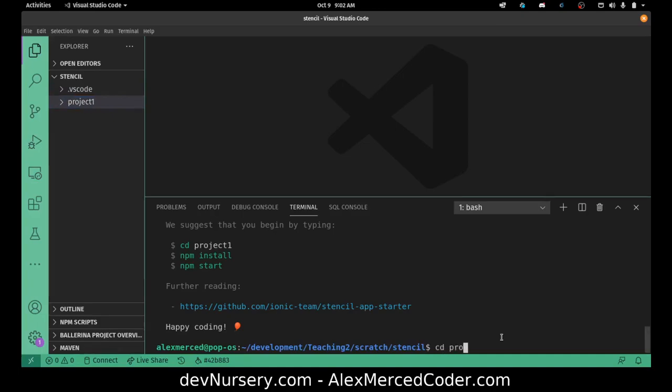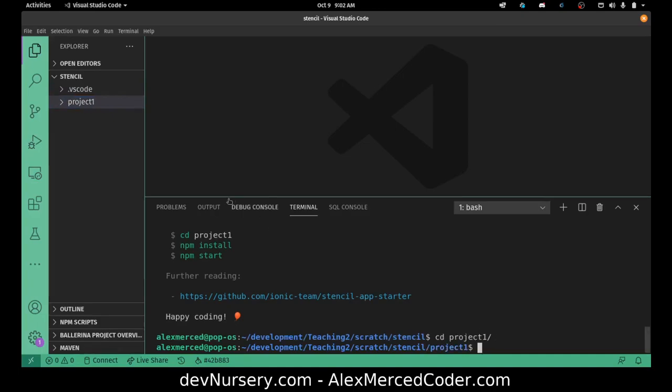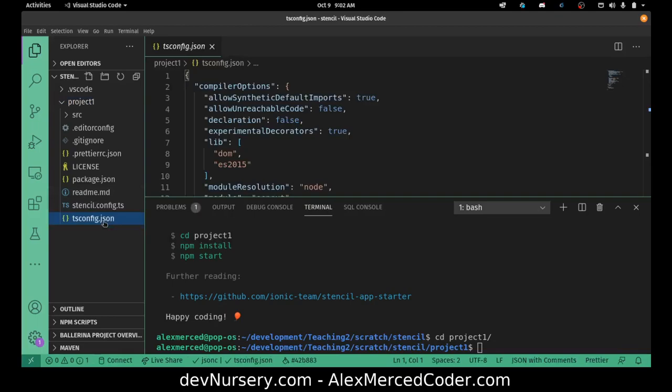So let's cd into project 1. Okay. And then here we go. Let's just take a look and explore what's inside this folder. Here you have a tsconfig.json. That's just for TypeScript. This is all configured already, so there's really no reason to touch it unless you have really custom TypeScript things you want to do, because you really know how the TypeScript config works. If you don't touch it,